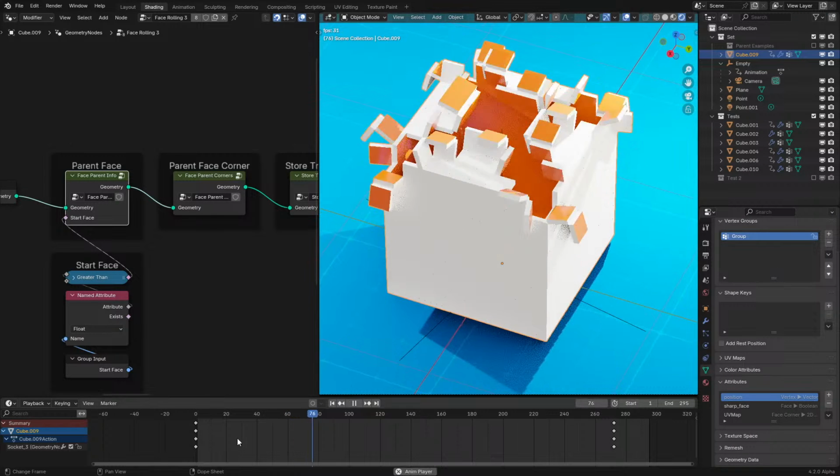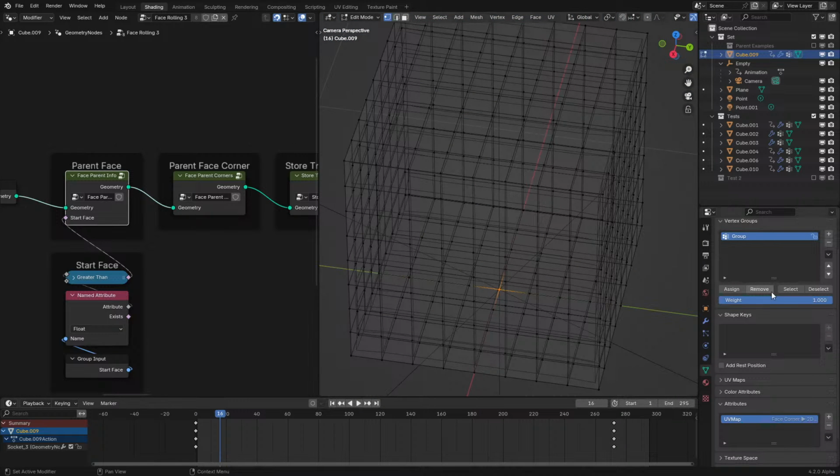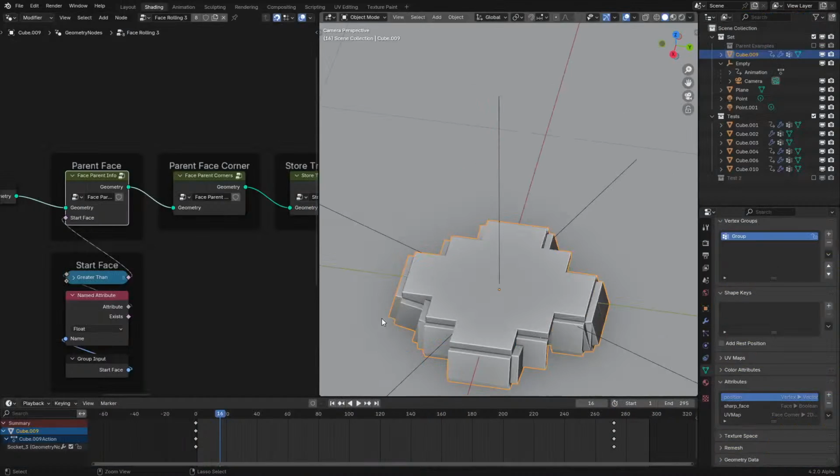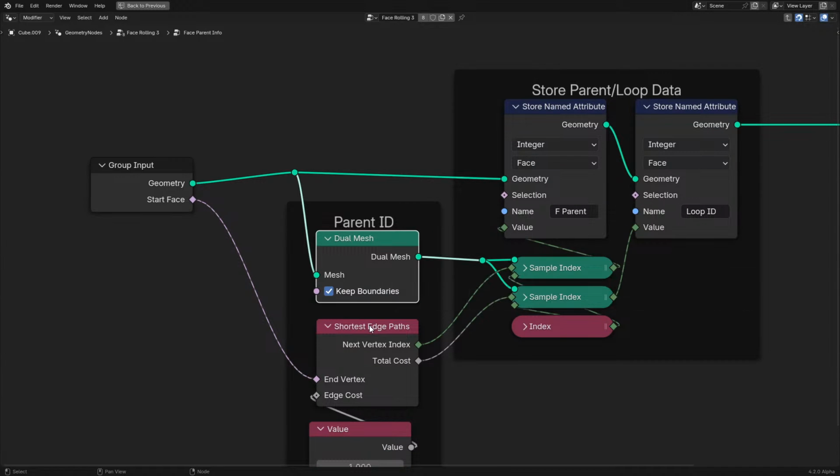Okay, so here's the mesh folding algorithm. We can see at the bottom here, there's one vertice assigned to this vertex group. We put that into a shortest edge paths node after the mesh has been converted to a dual mesh. So this converts the face assignment to a vertice